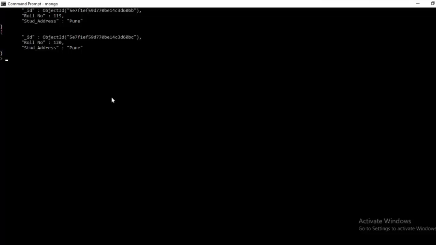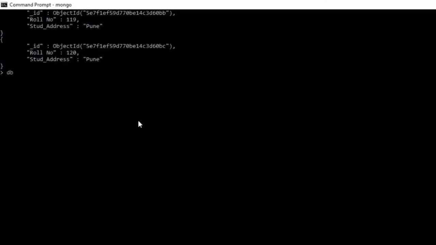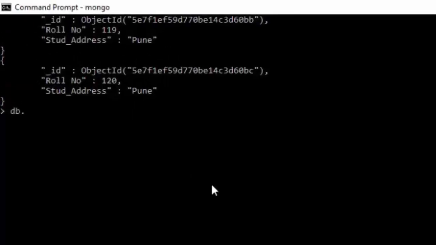Now in the Mongo shell, we'll just type db dot students, that is the collection name, dot insert, and in this insert, I'll specify underscore ID colon 1. So I'm giving the underscore ID value as 1.